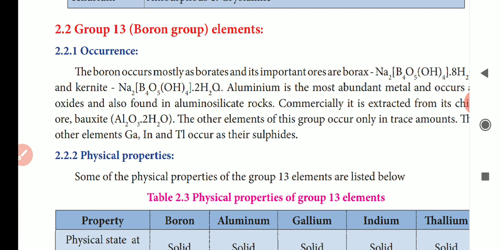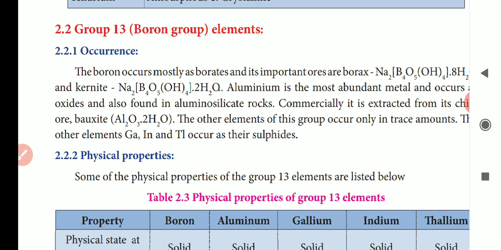Today we are going to discuss one of the important lessons, P block elements. We know that elements are classified into four types. What are they? S block elements, P block elements, D block elements, and the last one, F block elements. The elements are classified into these four types based on which orbital the last electron goes to.